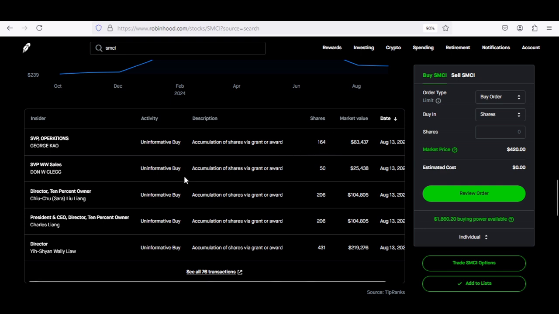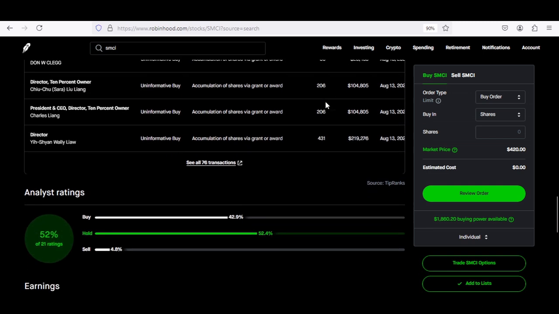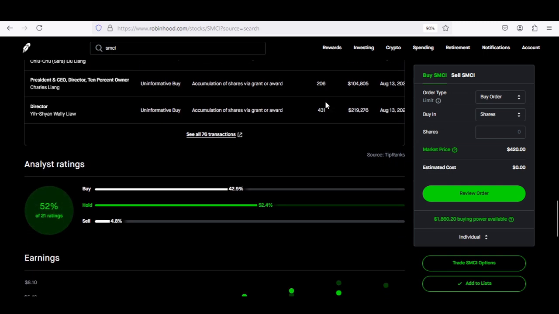And that seems to be the sequence right down here as well. So insiders are getting additional shares based on performance. Okay, so let's go ahead and we're going to continue scrolling down. The next thing you could use in order to make an informed decision when doing your analysis is